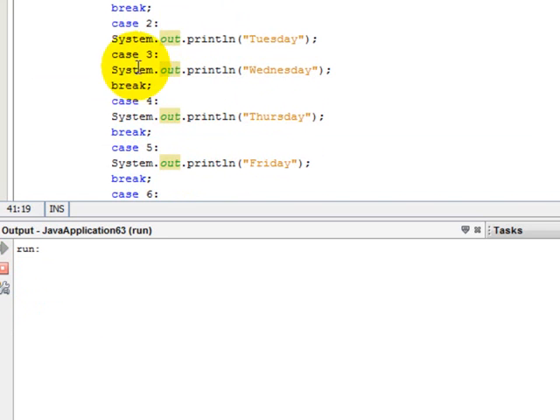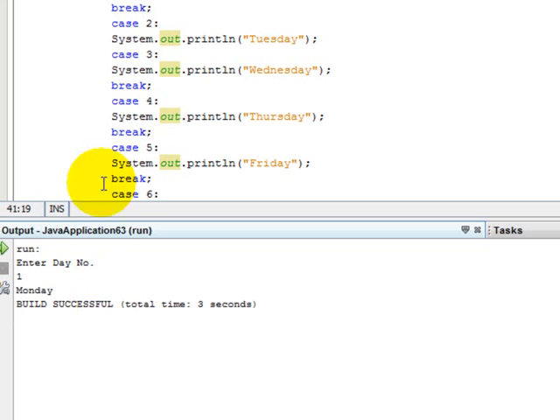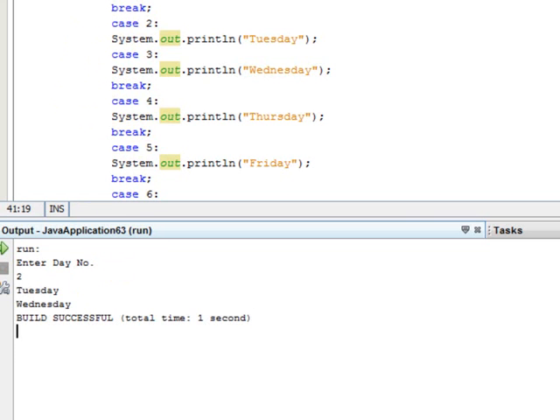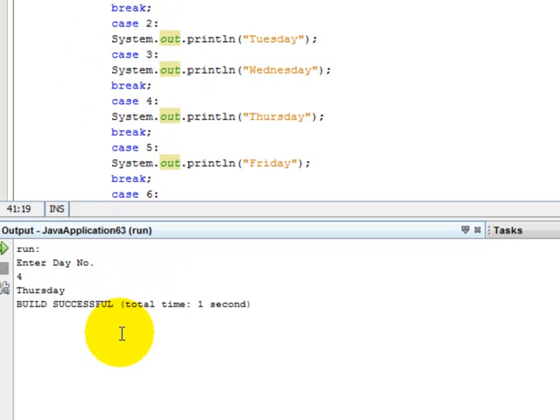So now the program is normal, I think. If we put 1, we are getting Monday. If we input 2, we are getting Tuesday. If we are inputting 3, we are getting Wednesday, as we have put a break statement after every case. If you're inputting 5, Friday, 6, Saturday, 7, Sunday, and